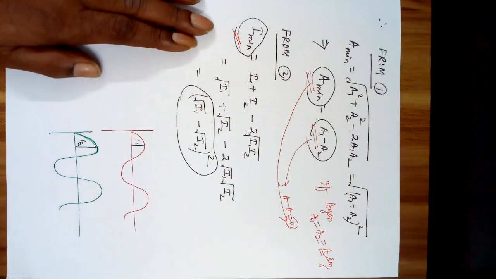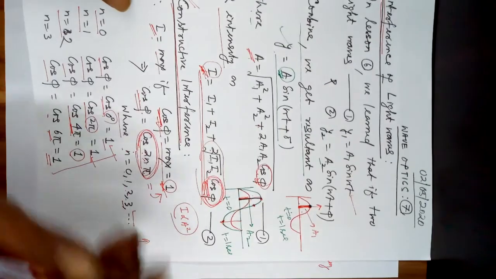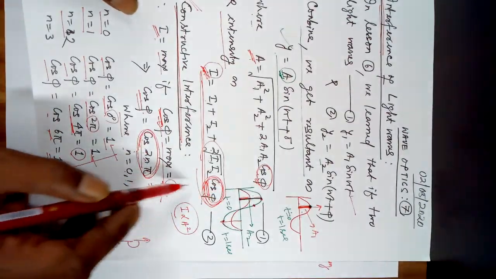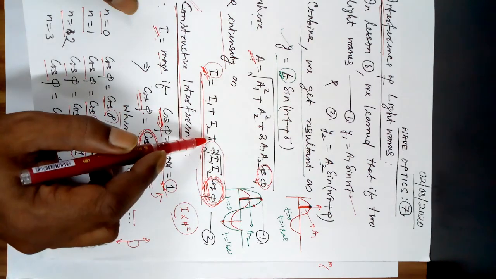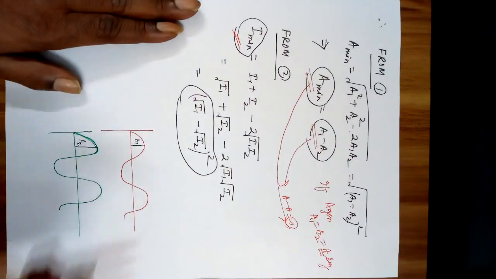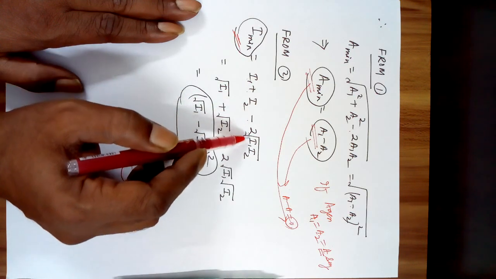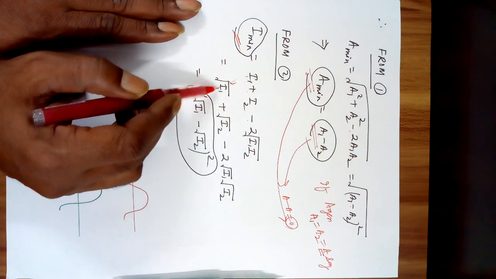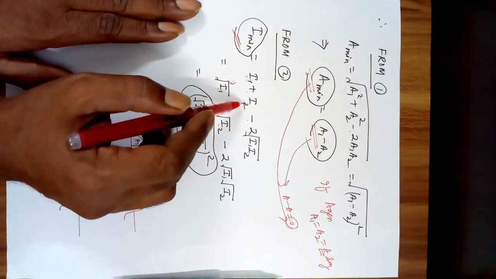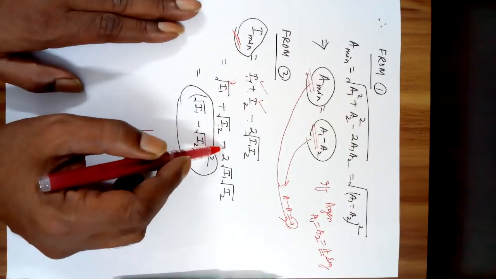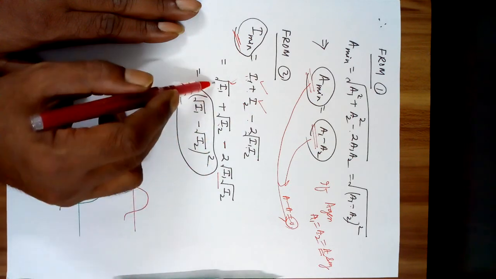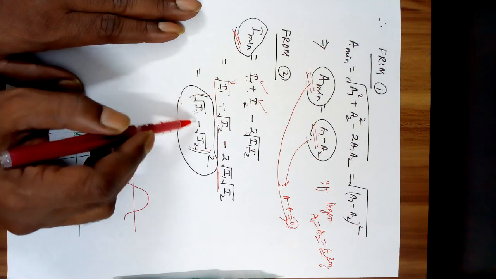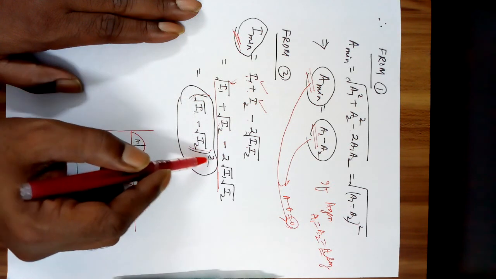Now then the intensity minimum. For the expression for intensity here, for cos phi I put -1. So that minus comes here. So this becomes I1 plus I2 minus 2 square root of I1 I2. This I can write as square root of I1, that is I1, square root of I2, that is I2, minus. I split this so that this comes under an algebraic expression. So it is equal to square root of I1 minus square root of I2 whole square.